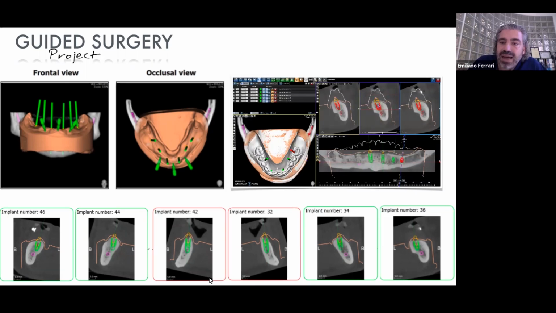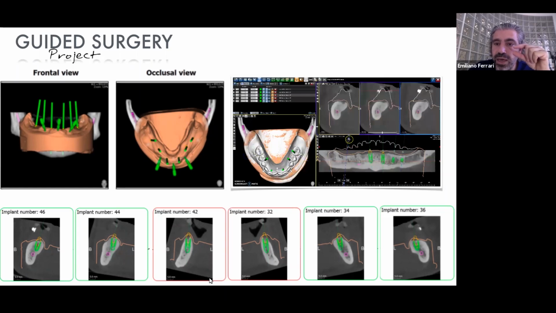So one advantage of the guided surgery is that during the project, as you can see in the lower part of this slide, you can check the thickness of the gum. In that way, you can choose before the surgery the correct height of your abutment. When you go in with freehand surgery, it's very interesting to have those kits with 42 different heights,